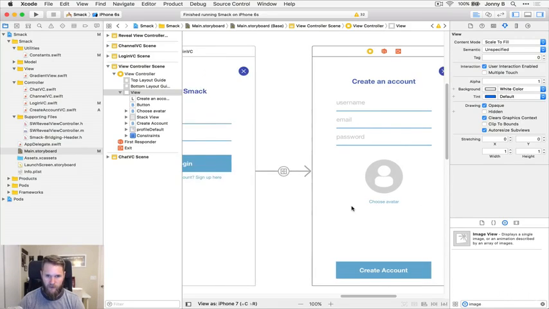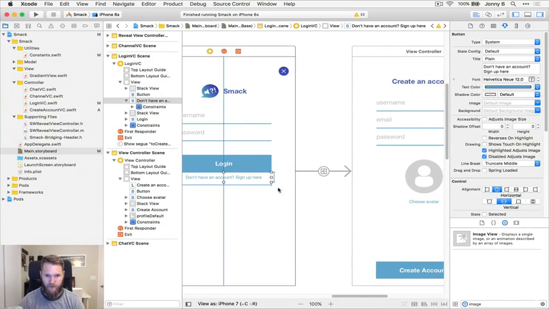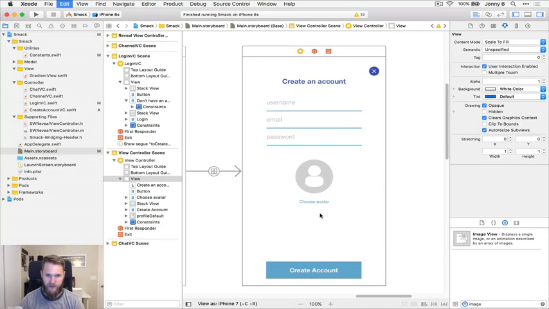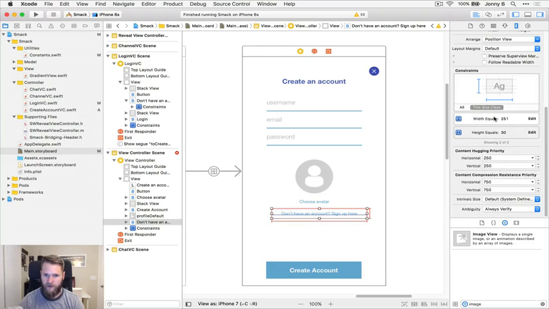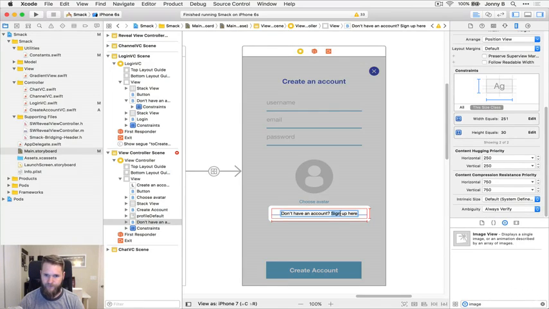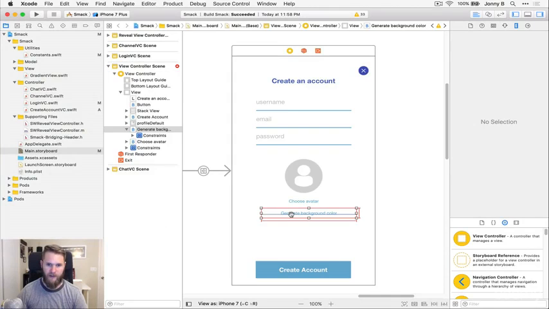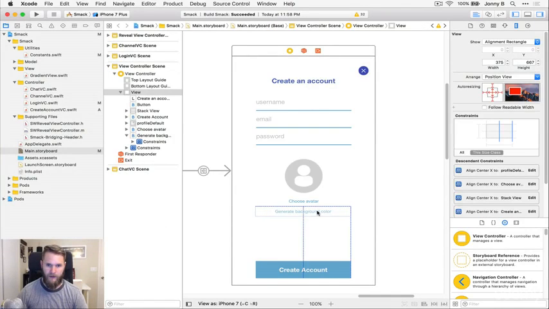And then we're gonna need one more button. I'm gonna go ahead and copy this guy again and paste it over here. And let's see what kind of constraints we have. That's fine. And this is gonna say generate back... Oh, my computer's slowing down again. Generate background color. All right, so we got our last button here, generate background color, and that's just going to go